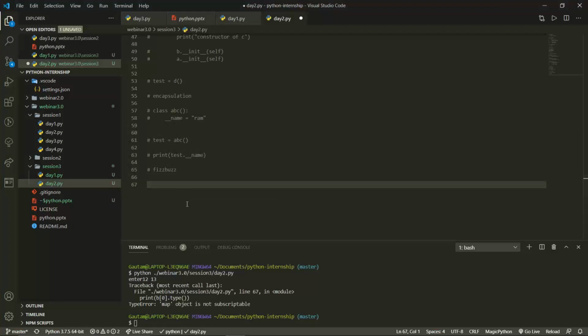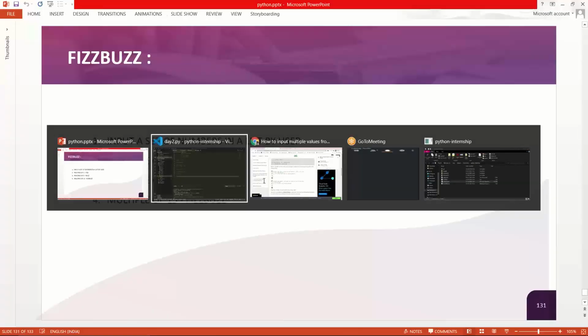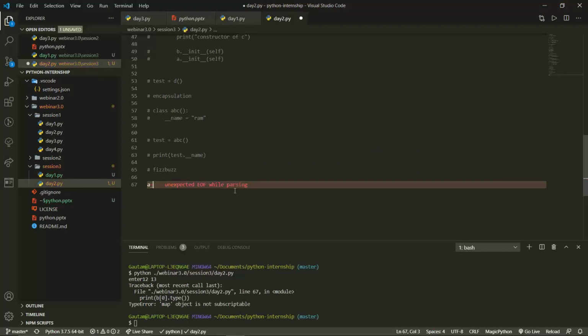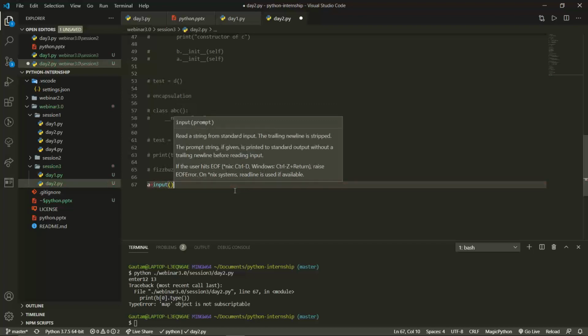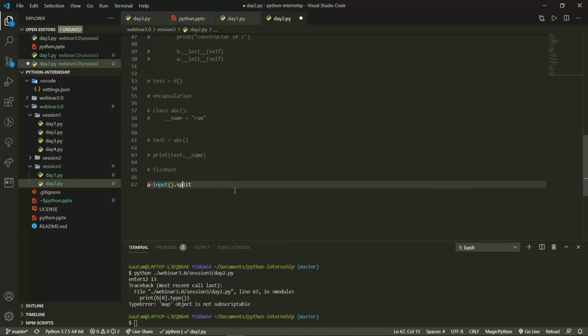First of all, our first step is to input a set of numbers in a list by the user. Now let the numbers be A, and I want to input this. So I will put on input, and I need one set of numbers, so I will use dot split. And I will write over here, enter three numbers.